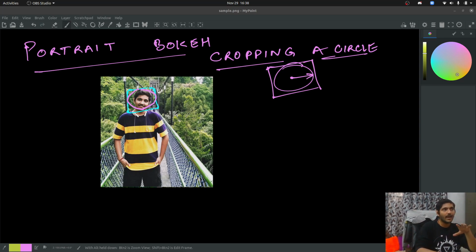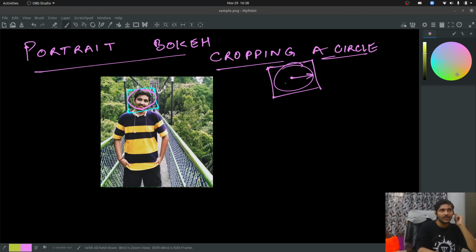Anyways, we have this input image, in which I'm standing, and I have this face. With the white line, the face detection output will come as a square. It will give us the coordinates of the face, but we only want the face, which is probably an ellipse, but let's try to get closer to a circle first, then we can try to get closer to an ellipse. You don't really want this whole rectangle or square, you want this circle which is circumscribing the square.